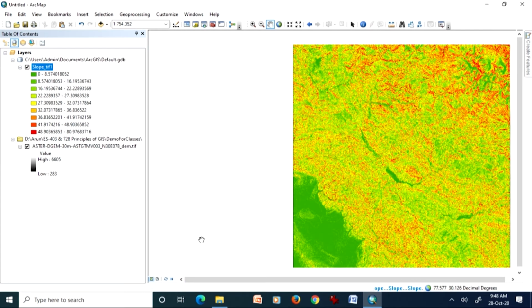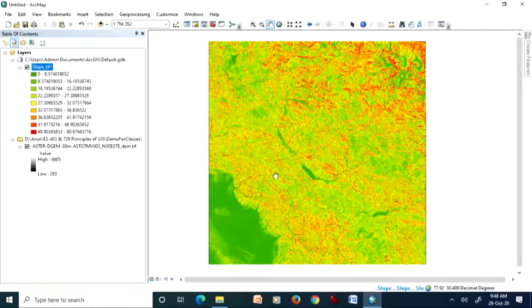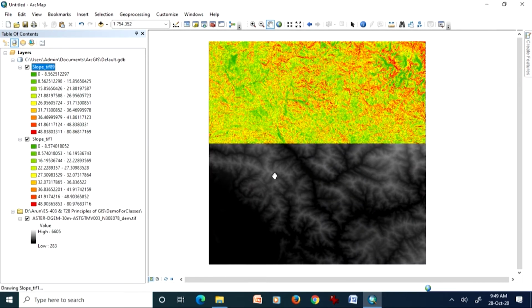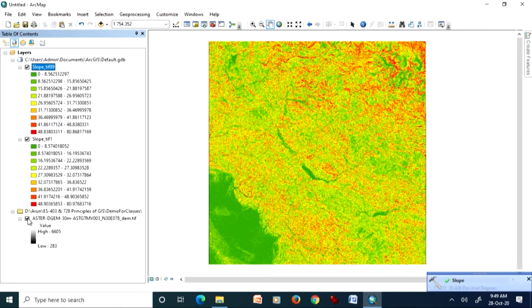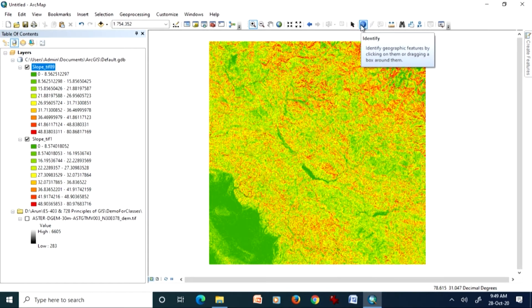So we will have two slope maps on top of each other, with slope_tiff1 for jet factor 1, and slope_tiff89 for the jet factor 0.5089. Now these two maps have been generated here. Now let's investigate, or explore, what changes it has brought while using two different jet factors.